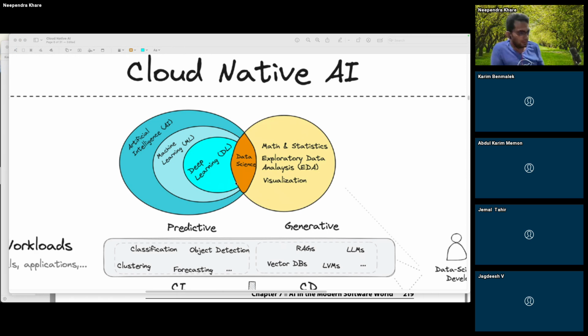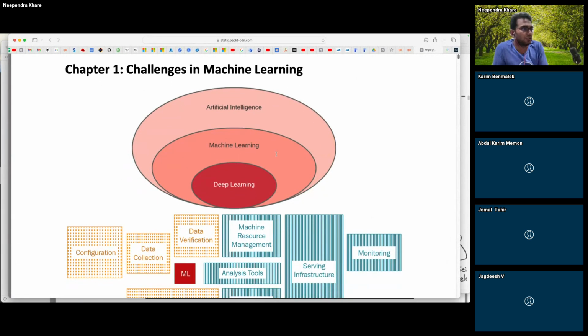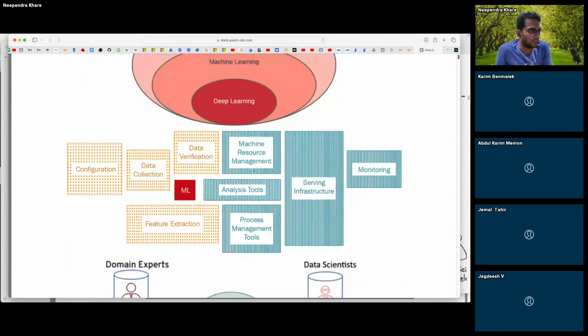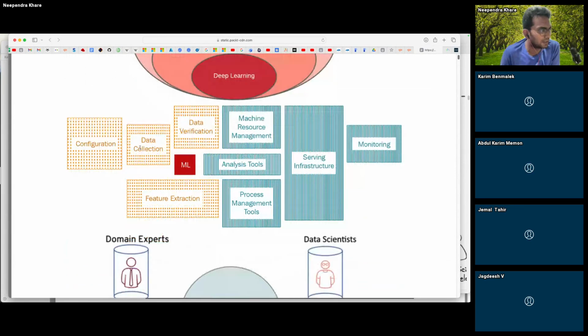Okay, great. So let's go back here. This is how things come together. Now, if you look at this, this is what they have mentioned about the entire pipeline of MLOps, right? If you look at the entire thing, ML plays a part, but it is not a significant part of the entire process, right? Because